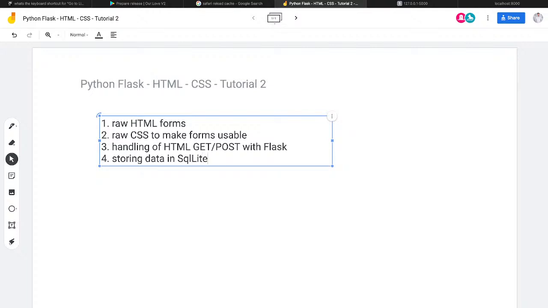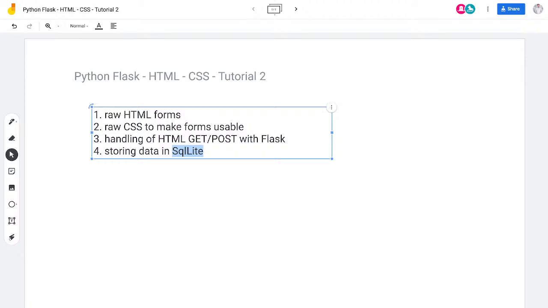SQLite. I think it's written like that. Okay, I just need to close all other tabs. SQLite, I think it was like that. No, it was not. SQLite like that, without the second L. Anyway, we're going to store the data there, and then finally